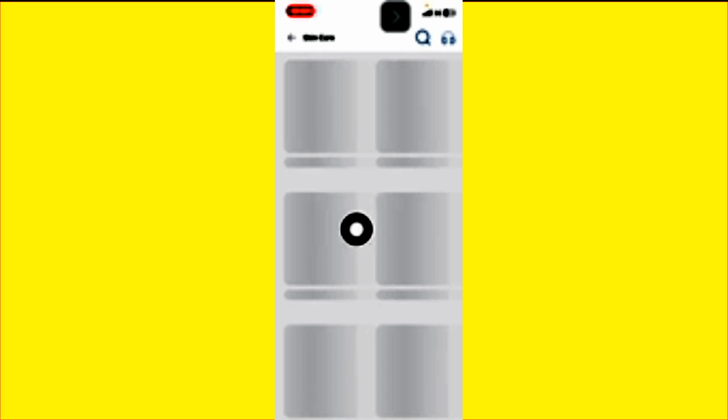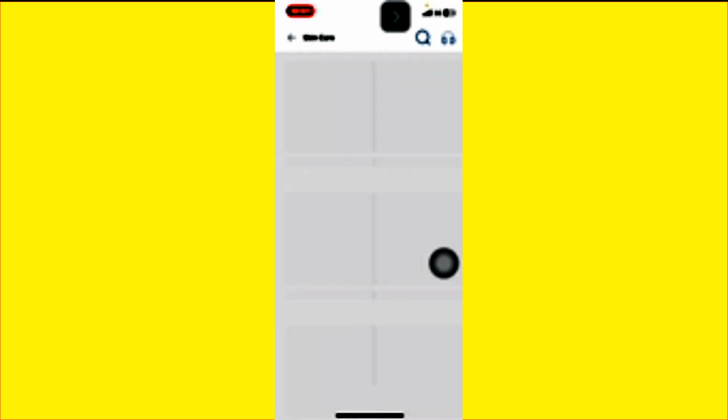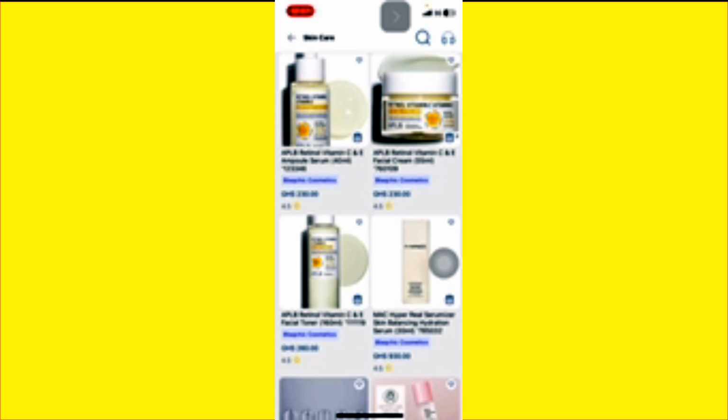So now, how do you make money on this app? Before you can make money on this app, you have to choose a product to promote, a product to sell. So you're going to find one product here and you're going to sell this product. Okay, so I'm gonna go in with skincare. Yes, most people are more interested in skincare and things. So we are going to promote one skincare product and you are going to make sales through this product. And I'm going to show you 3 different platforms that you can make more money on, selling or reselling this product on. Yes, I'm going to show you one that is common and 2 that most people don't usually use.